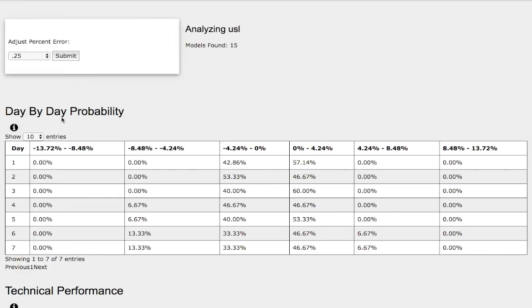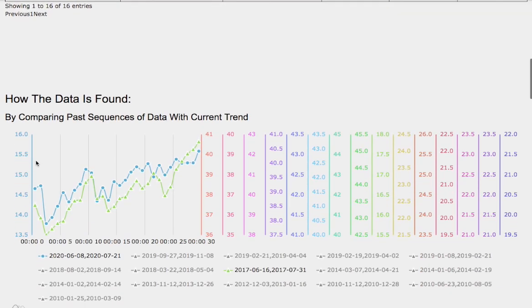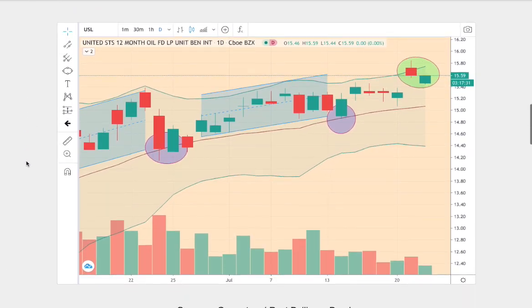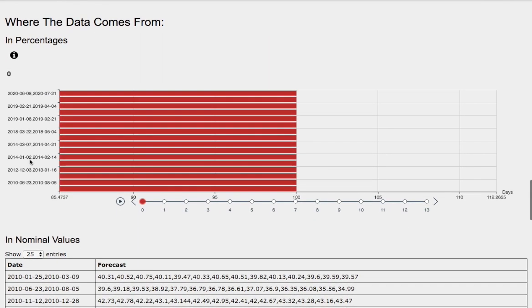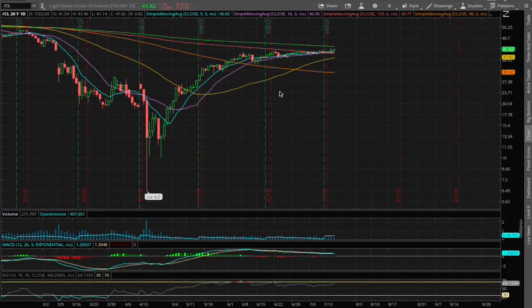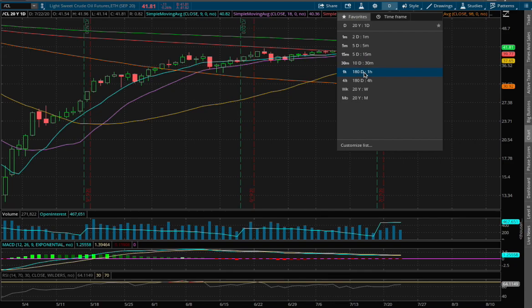In this video, we'll be going over the day-by-day probability model, the technical performance of each model, how we find the models, comparing the current trend with the trend in the past, and we'll go over the day-by-day forecast for WTI crude oil. So back to the technical analysis, we're currently down 24 basis points, and on the 1-hour chart,